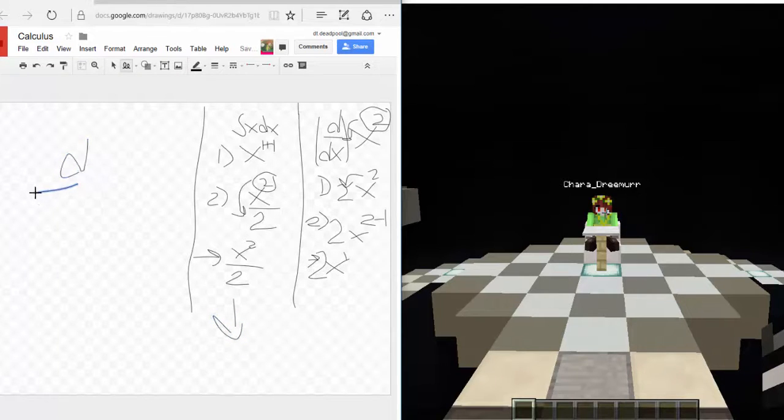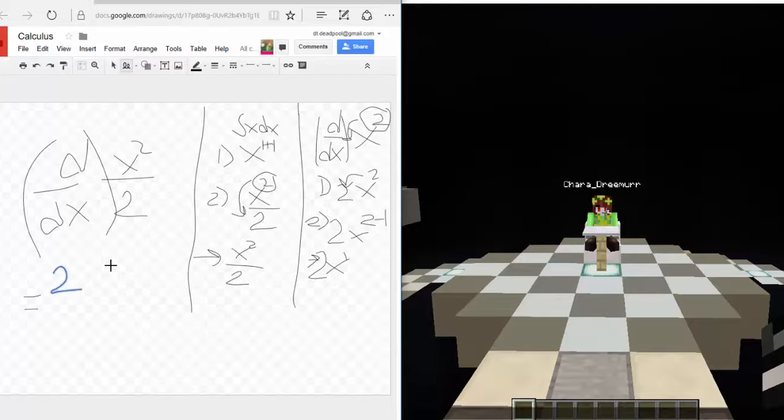Up here, sorry. What's d dx? So we got this new equation from our integral, which is x squared over 2, right? Yes. So what is d dx of x squared over 2? Alright, so the derivative. Go through the steps. First step, you bring it down. So I gotta bring that down. So it'll be x to the power of 3, right? No, we're doing the derivative. So this is the first set of steps. Oh, okay. So it will be 2x.